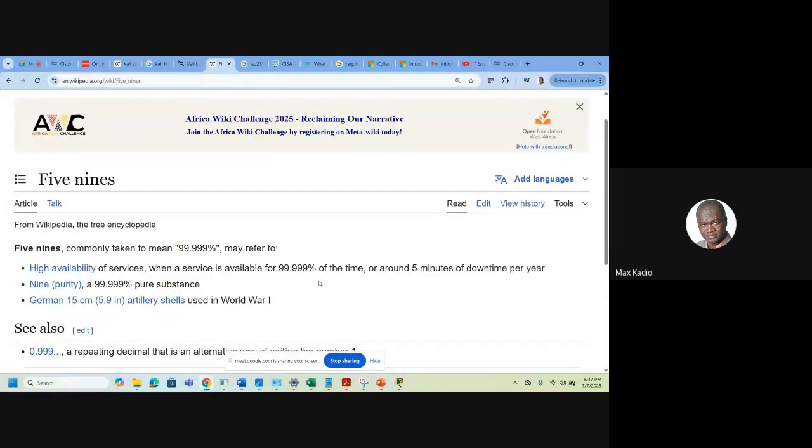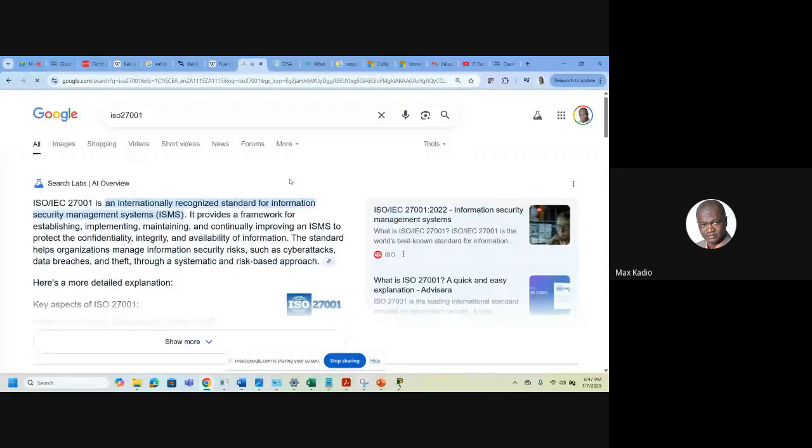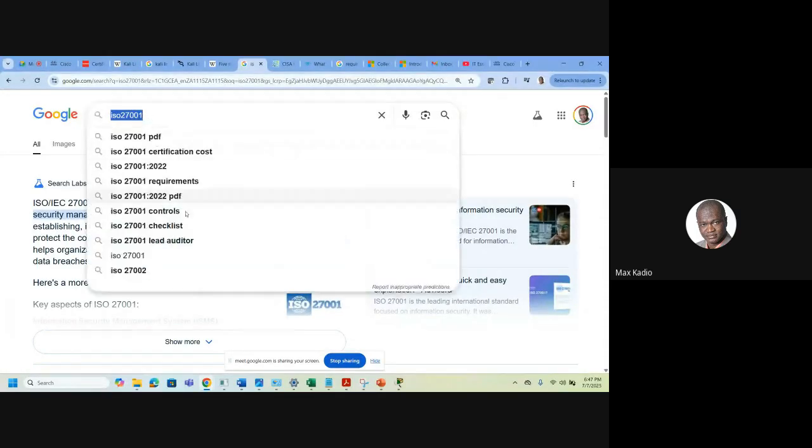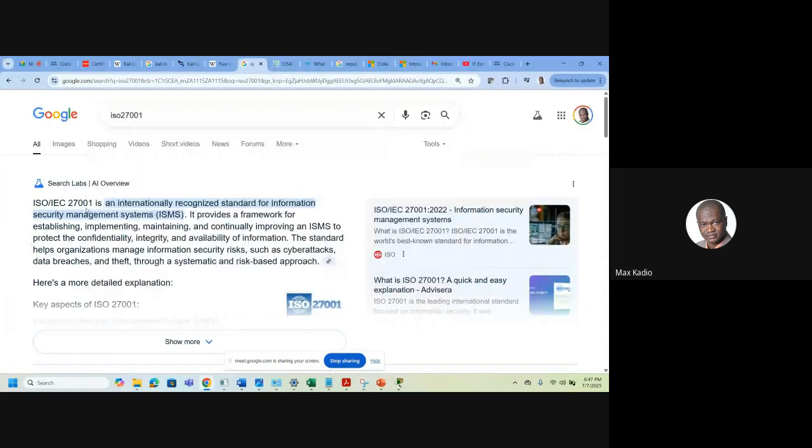Also, in all IT, we have some standards, some way of working. All these standards are in something called ISO 27001. It's very, very important. It's an internationally recognized standard for information security management.